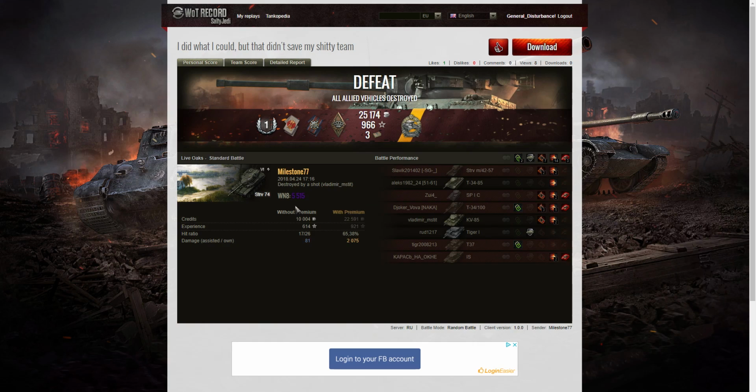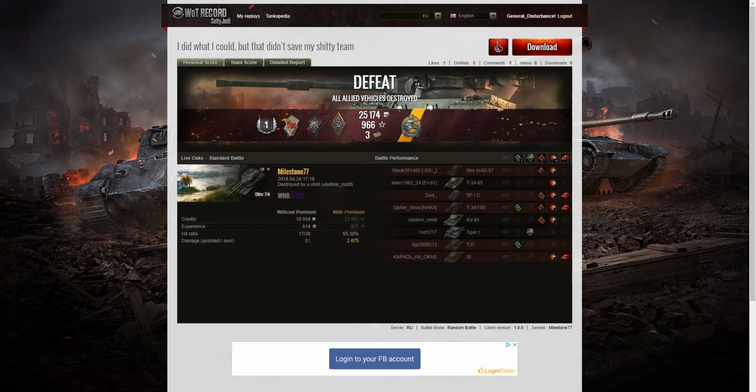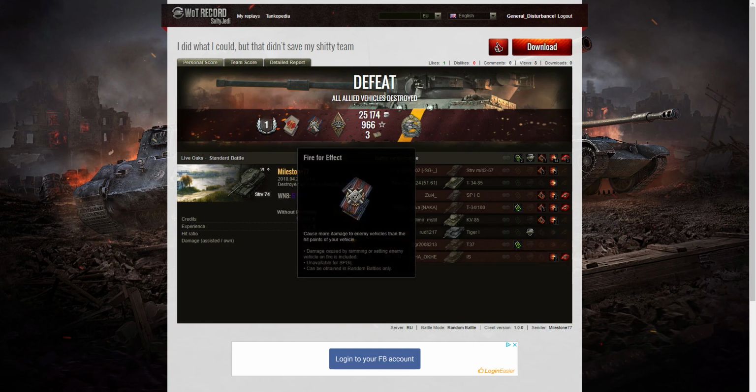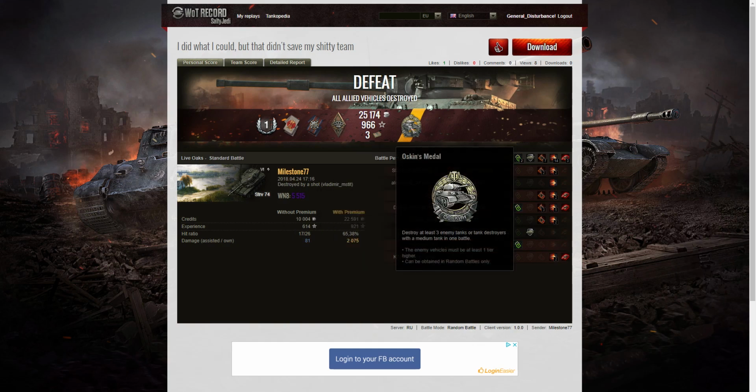So let's have a look at the end of battle stats. Well, he managed to get a first-class tanker out of that battle, so it was quite a good engagement. He also picked up a Kamikaze medal for actually taking out the Spic by ramming him. He picked up a Fire for Effect for dealing more damage than the hit points of his own vehicle, a Bruiser medal for getting at least 5 critical hits, he got 7, and he got an Oskin's medal, and that's